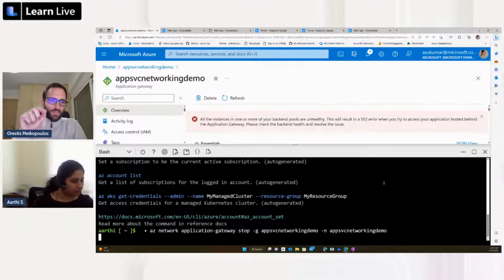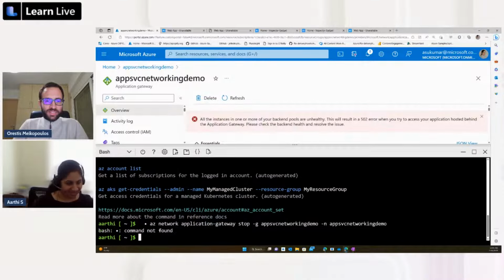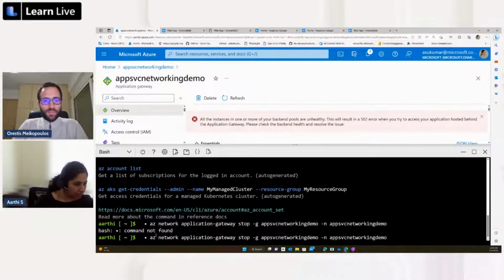I think it has a bullet on the front, Arthi, so you need to, yeah, yes. Yeah, since it has a bullet, that's something to note, like we should have nothing before the az. So since I copied,